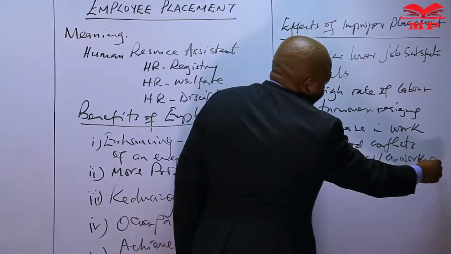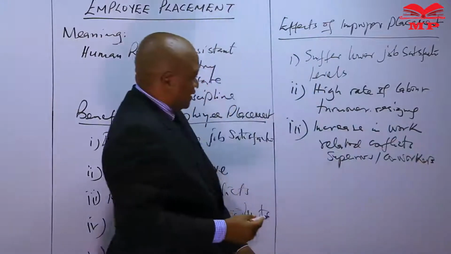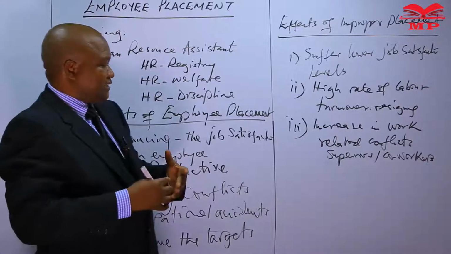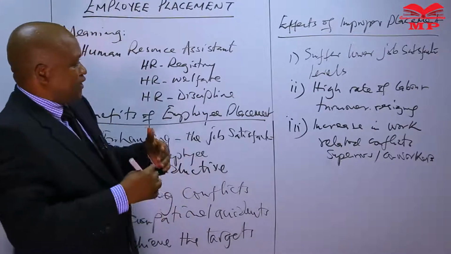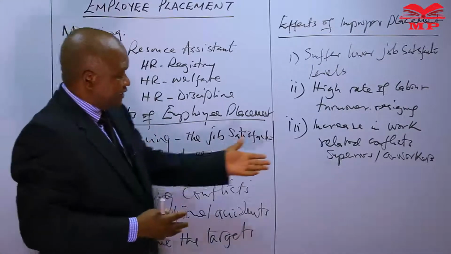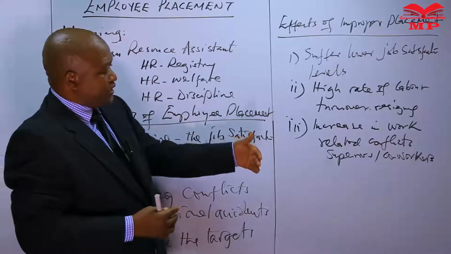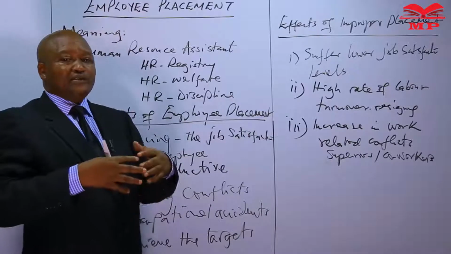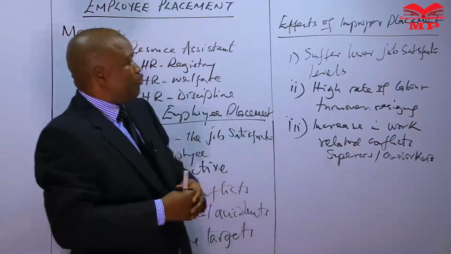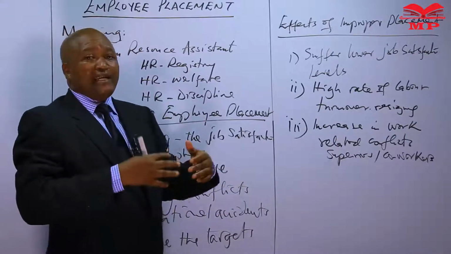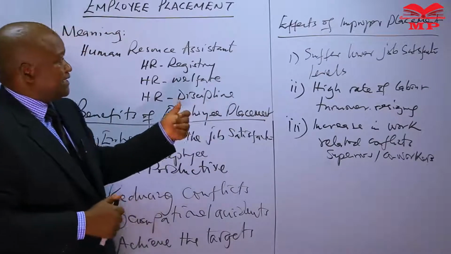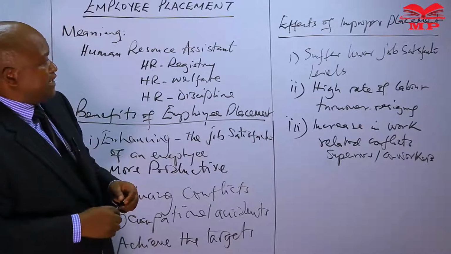What this implies is that an increase in work-related accidents will occur in the sense that workers have been given work that they are not supposed to be doing. Now, the conflicts that may arise from the accidents that may happen in the work environment, or the superiors and co-workers may not be sufficiently happy with the employee. Hence, when an employee has been put in an environment that does not align well with what they possess in terms of skills, in terms of knowledge, that will create adverse effects of improper placement within the working environment.